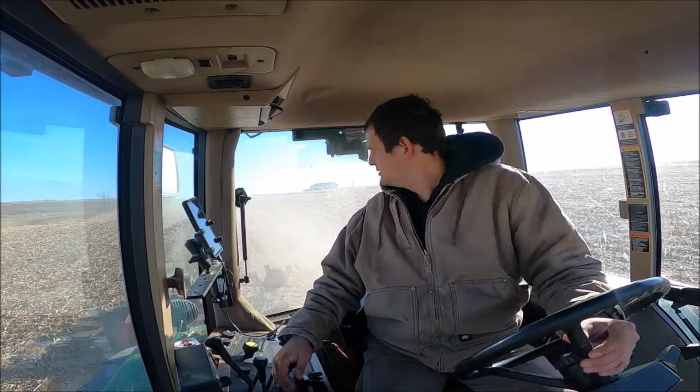The rest of the farm, I'm not doing anything with the stalks. The reason I'm doing the stalks on this side of the farm in particular is because of the strip that I just got done. I had some areas where the stalks were like 3 feet tall just from how I had to run the header when we were harvesting it, and I wanted to knock some of those taller stalks down. The rest of them are only so big. It really shouldn't be an issue. I'm going to try to plant the beans between the corn rows, so I'm not planting in the same row that corn was growing in last year,